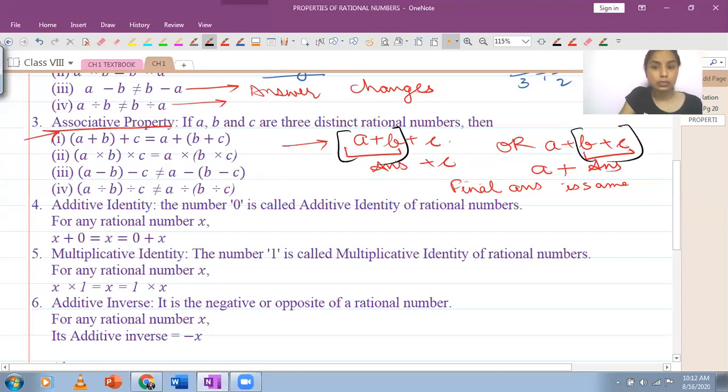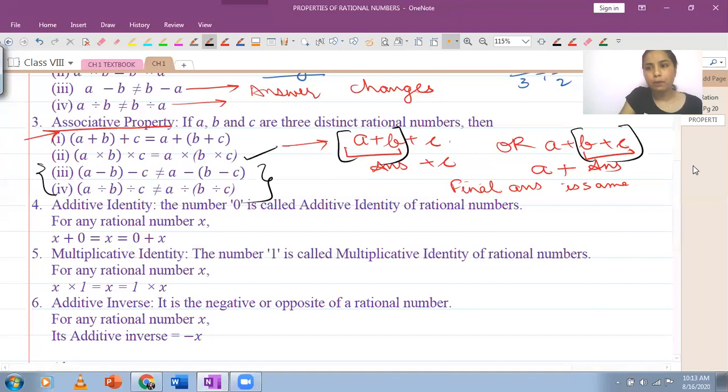This can be done in addition and this can be done in multiplication. This cannot be done for subtraction or division because it will change the answer. It will change the answer, whereas in addition and multiplication it will not change the answer. I can start with any two numbers, first with the second one, second with the third one, or I could even start with first and the third one, but in that case I will require to change the order, and changing the order means I will require to use commutative property. So I will be using multiple properties in that case.